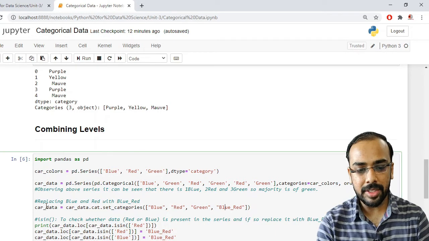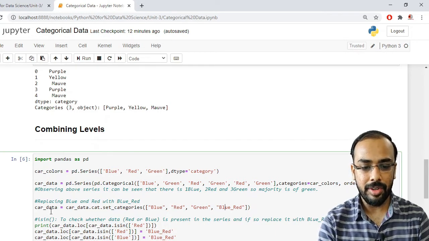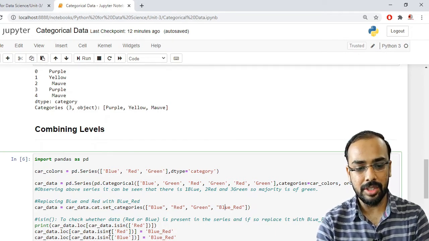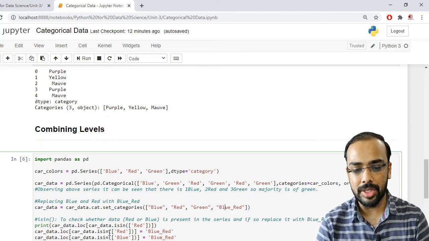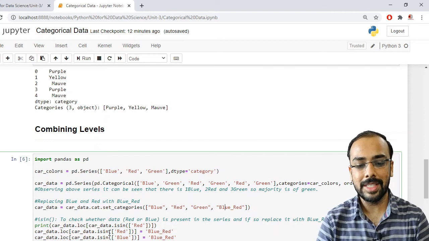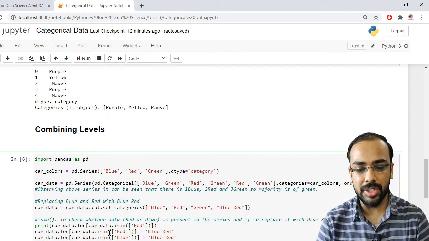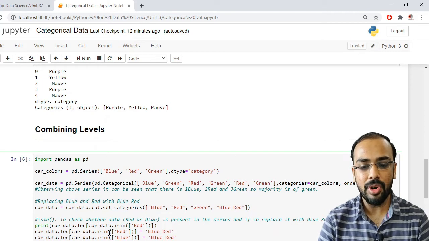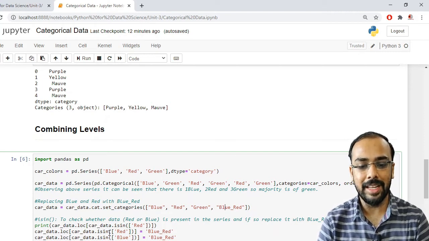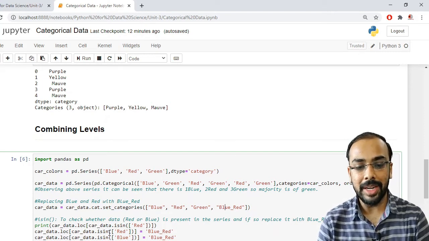So we will consider this for replacing, that is car underscore data. Recall your loc function. What was the use of the loc function? Whenever we want to work with a string as an index. Now inside this loc function, I want to check whether red color is present or not, but inside which?